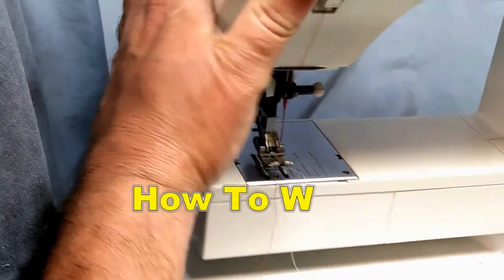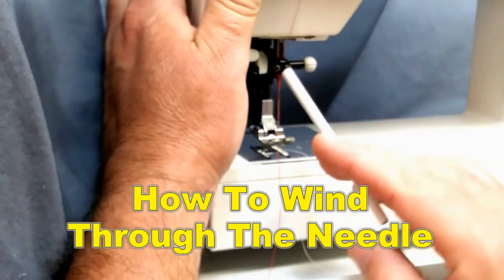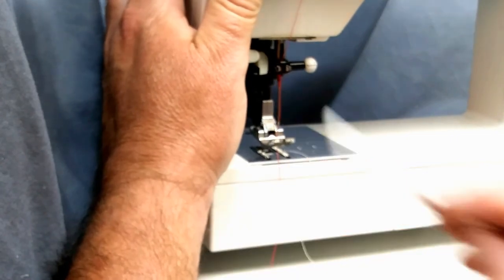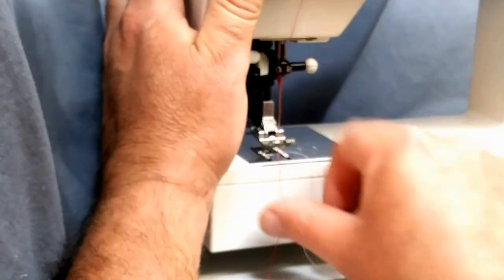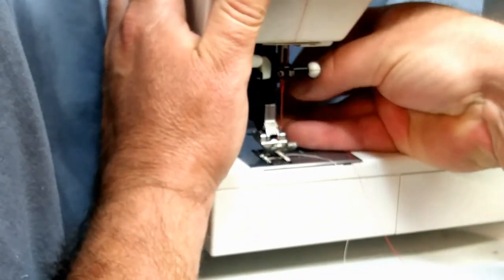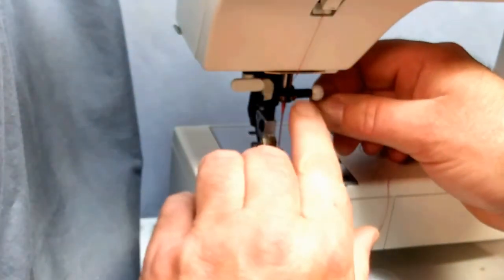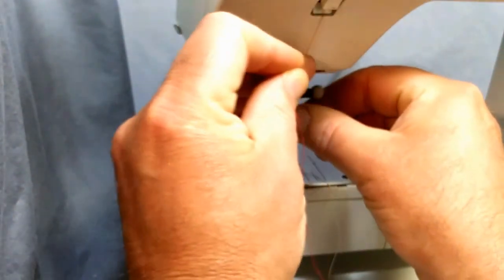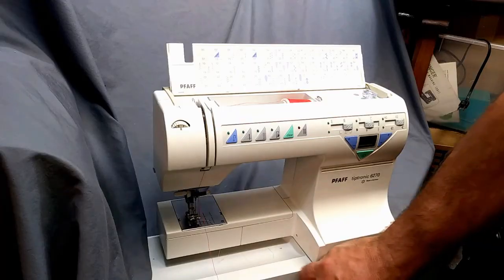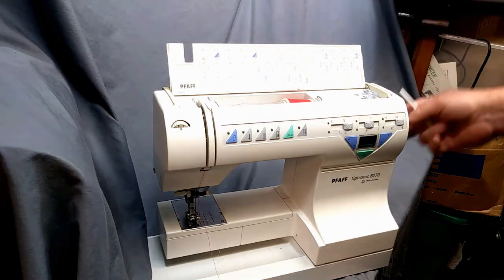So the first example we're going to go is while the machine is threaded. We have our thread going down on the needle bar using the left thread guide. And our thread is through the needle. We bring it under the foot and over the right side of the foot using the right clip. So we're going to bring it back up through the right side, and we need to